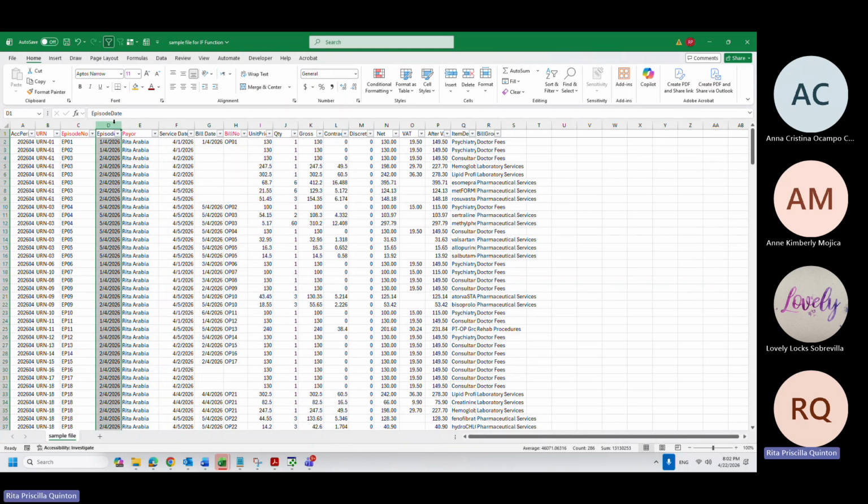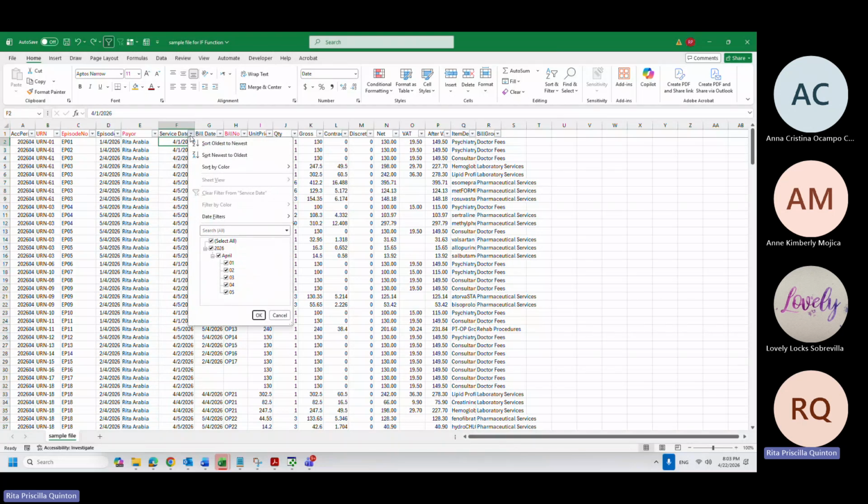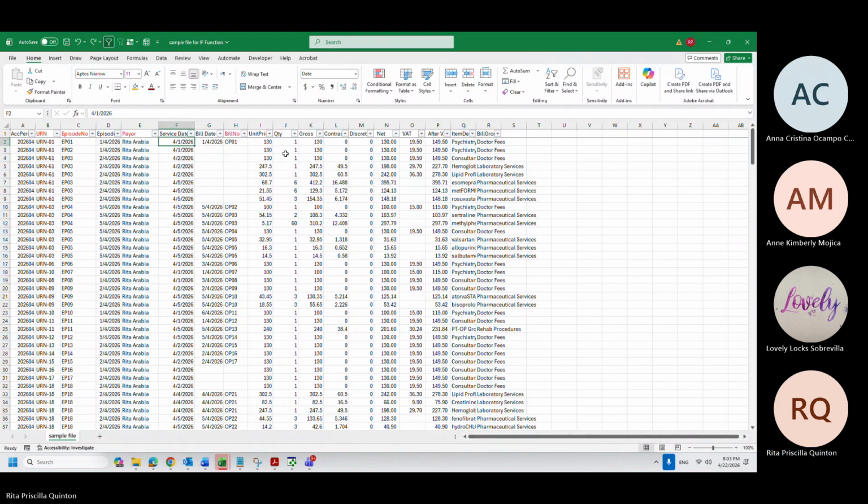Previously, it was looking like this, so it was January and February, March coming, but this accounting period should be April, so I fixed it using the text columns. Okay, so we see here April 1, 2, 3, 4, 5.